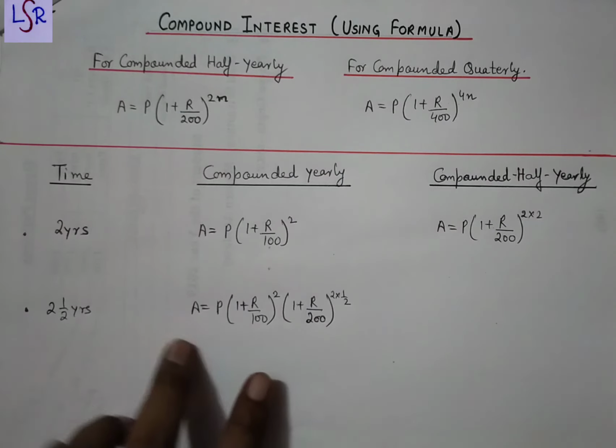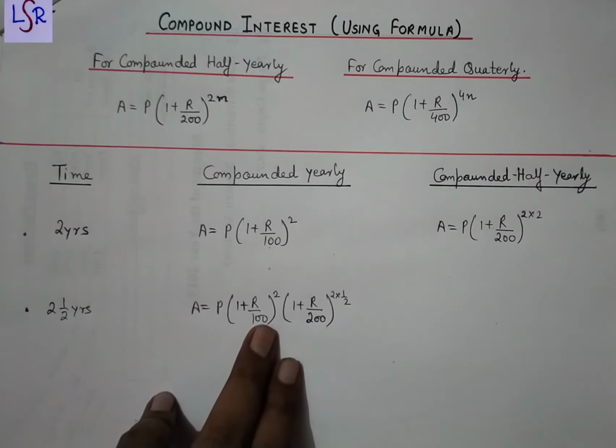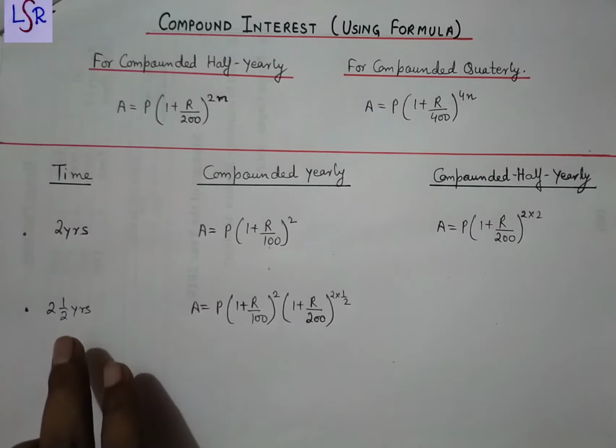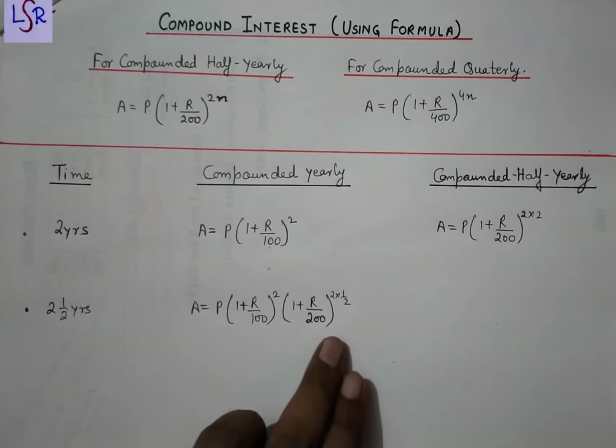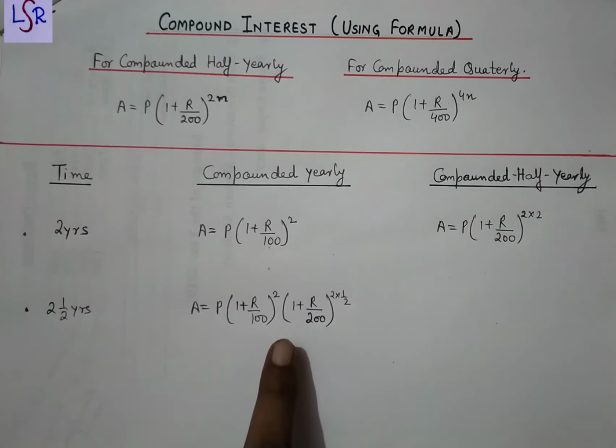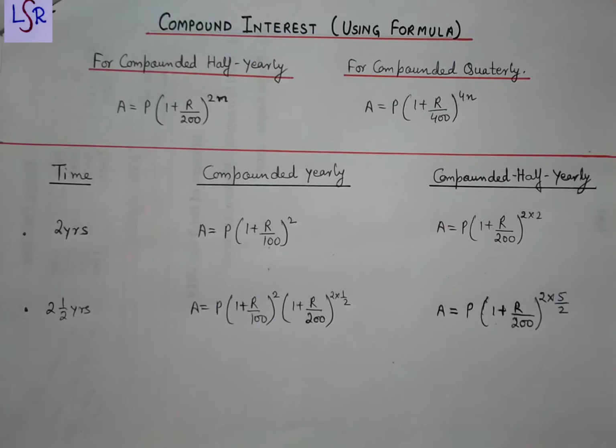ना। यहाँ पे हम लोग देख सकते हैं कि हमने 2 साल का जो फर्स्ट 2 ईयर्स है उसके लिए हम लोग ने ईयर का फॉर्मूला लगाया है और जो ये हाफ ईयर था उसके लिए हम लोग ने हाफ ईयरली का फॉर्मूला यूज़ किया है। नाउ अगर ये कम्प्लीटली हाफ ईयरली में निकालते हैं तो हम लोग कैसे करेंगे, लेट्स सी इट। And in this situation A is equals to P in a bracket 1 plus R upon 200 to the power 2 into 5.2.